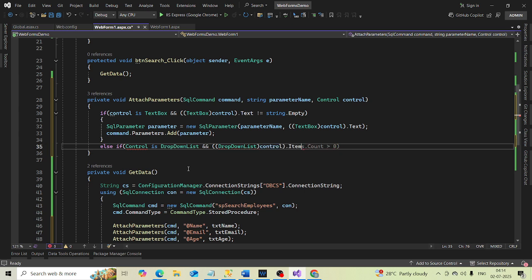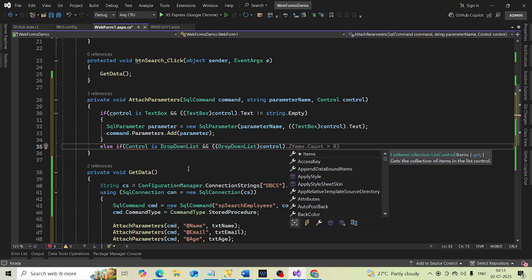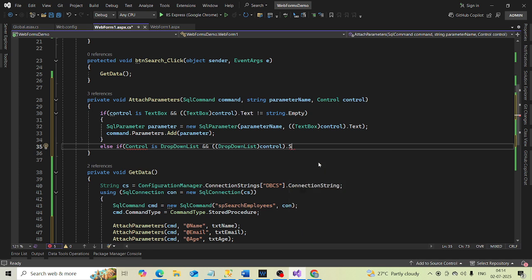Then we are going to check the selected value. If selected value is not equal to -1,